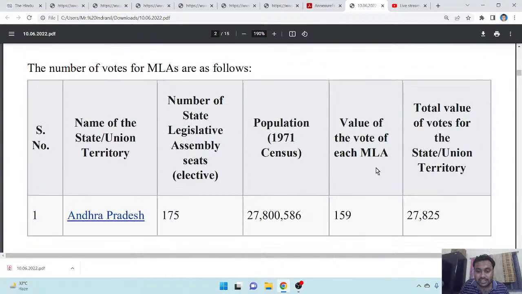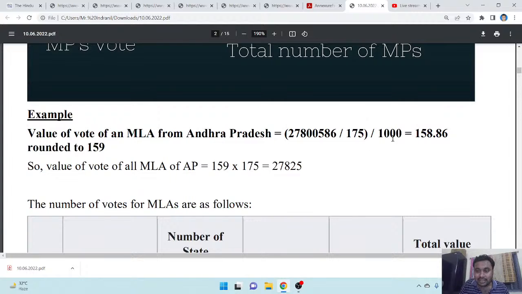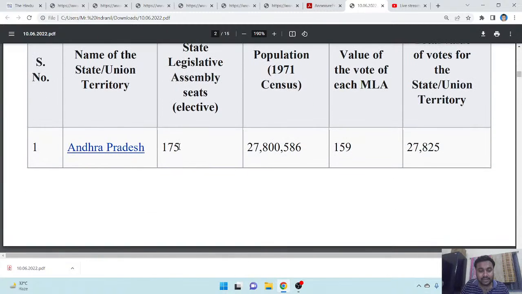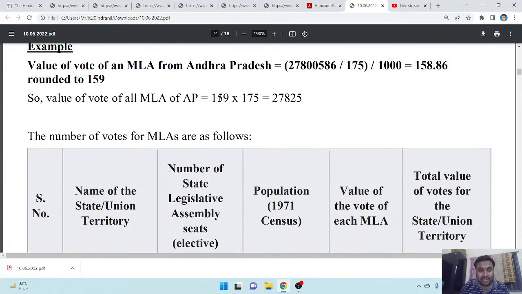What is the number of state MLAs? 175 into 1000. So it comes as 158.86, rounded to 159. So this is the value of vote of an MLA from Andhra Pradesh. So what is the total number of MLAs? 175. So multiplying the value by 175, we get 27,825 as the total value of vote of all MLAs